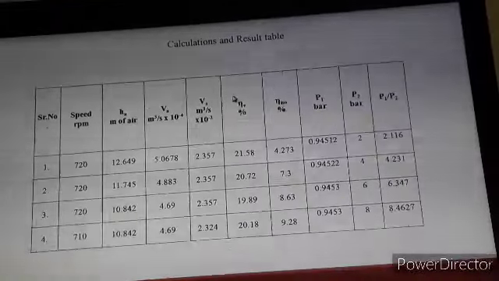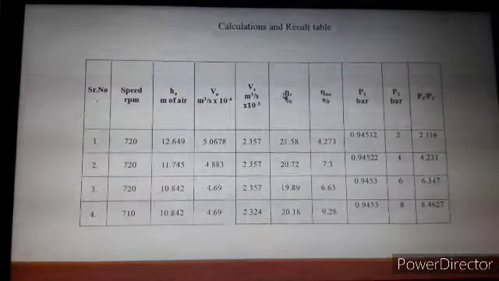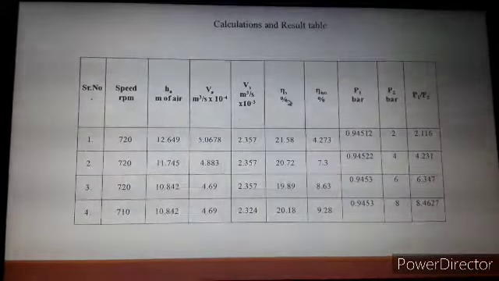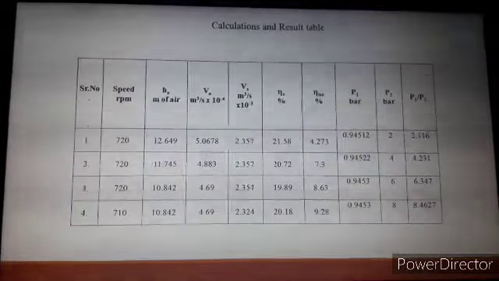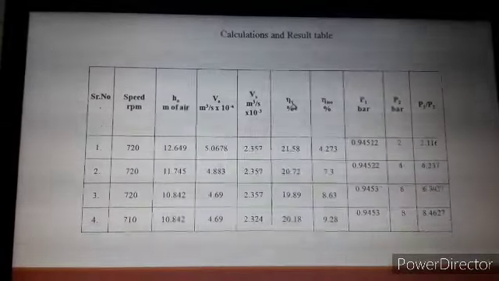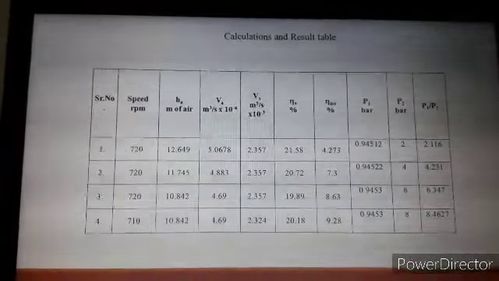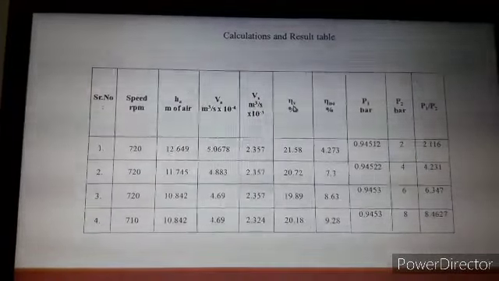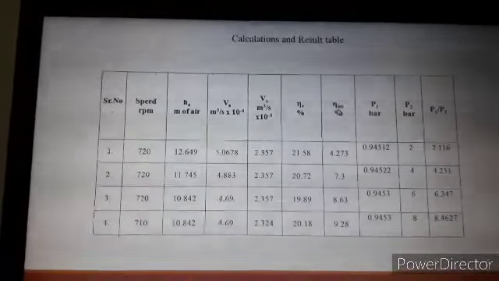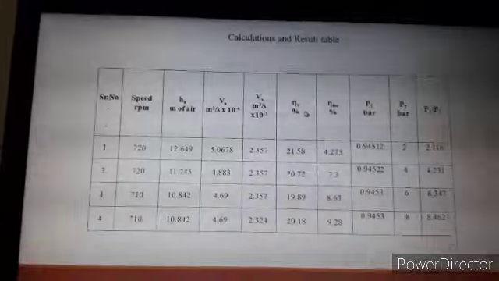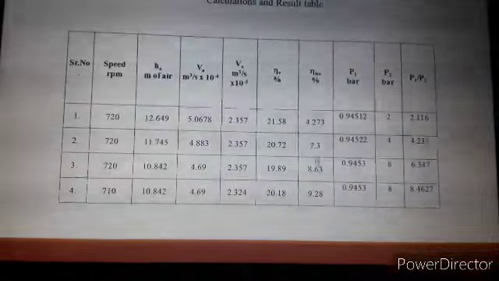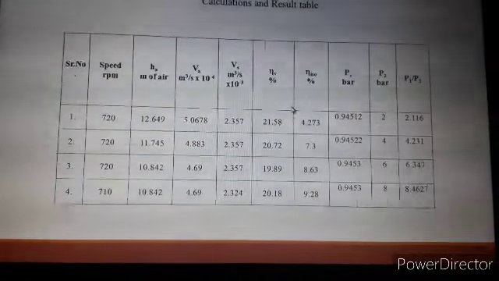Similarly, during our theory lectures, we have seen how to find volumetric efficiency and isothermal efficiency for a single stage compressor as well as for a multi-stage compressor. The same relations are also given in the write-up. So we have to refer to that relation from the write-up or from the theory lectures, and by using that relation we have to find the volumetric efficiency, that is denoted by eta V, then the isothermal efficiency, that is denoted by eta ISO. Now in this column we have to write the volumetric efficiency. In this column we have to write the isothermal efficiency as per our calculations.